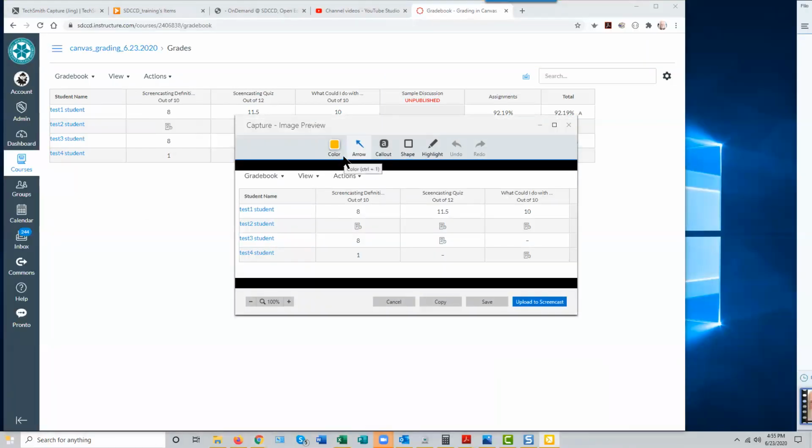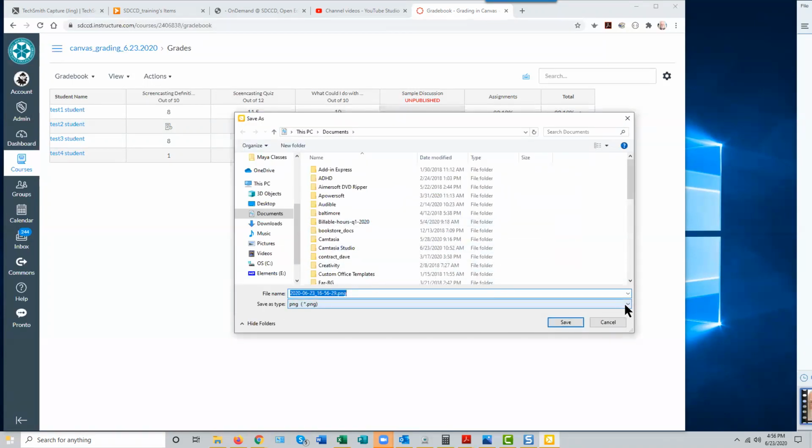And there it is. You can edit it, add callouts into which you can type text. You can highlight things. You can draw shapes around stuff. And then when you're done, you can either just save the file to your pictures as a PNG,